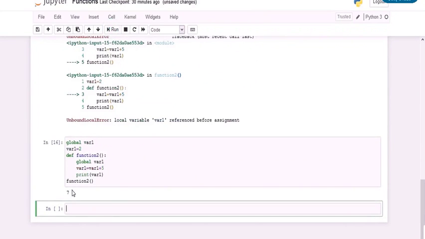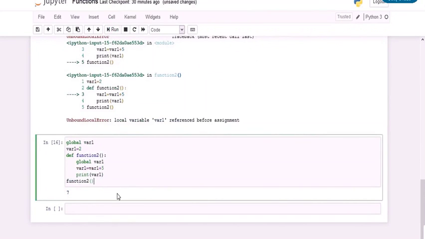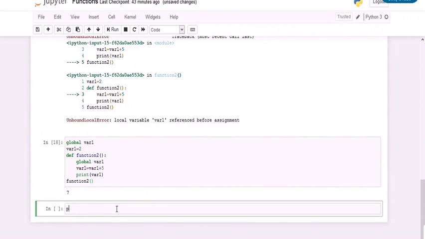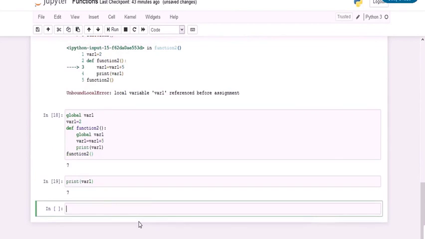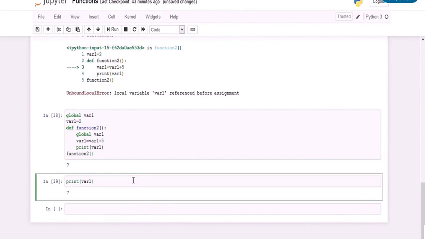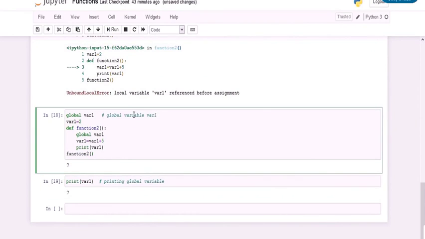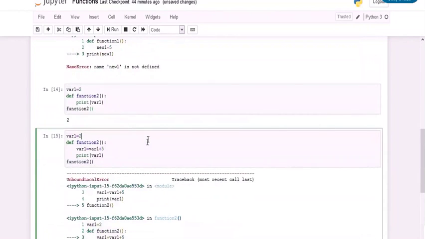Now if you run the code, the issue will not occur. Also, if you print var1 even when the function has completed its execution, you will see that the value of var1 has been changed. This is useful in many ways, but use it with caution as the value of the variable will get permanently changed after the execution of the function.